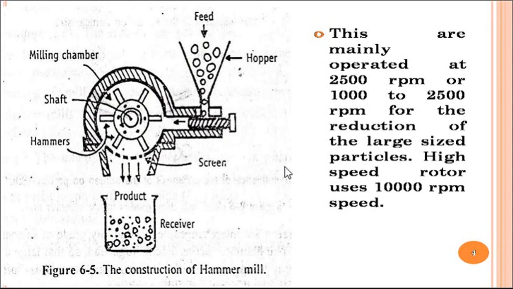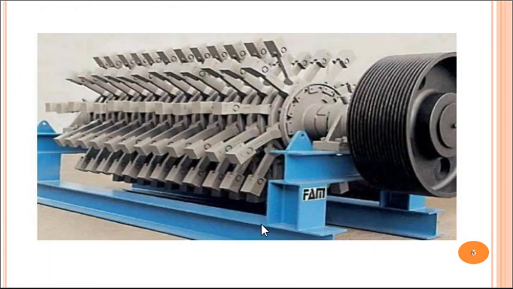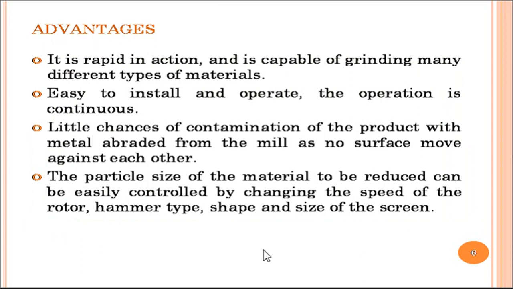The hammers' projection, size and shape again depend upon what kind of particles you require, and the product is collected at the bottom part into the containers. These are the large hammer mills used in industrial operation for crushing cake, crushing large size crystals during processing, or crushing hard material which is being converted into coarse size or fine size particles.